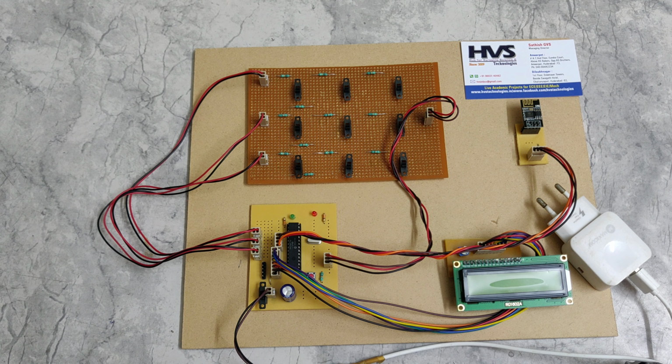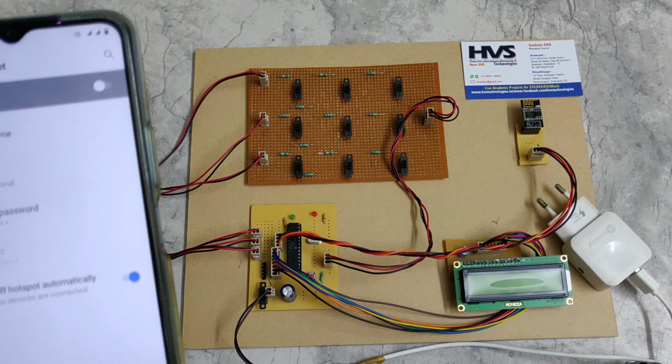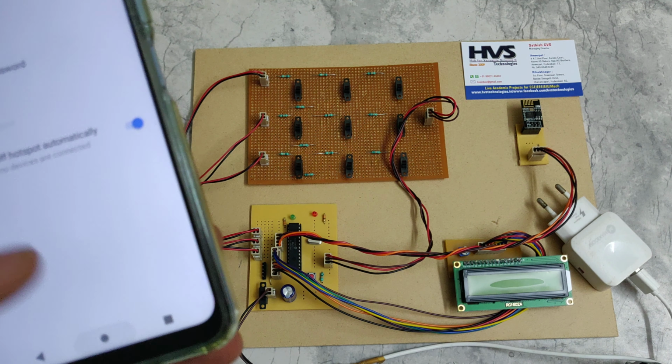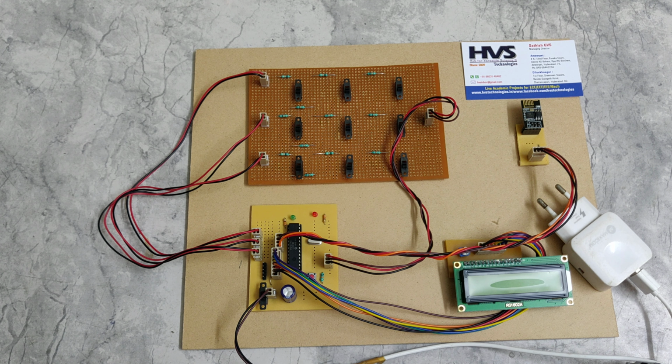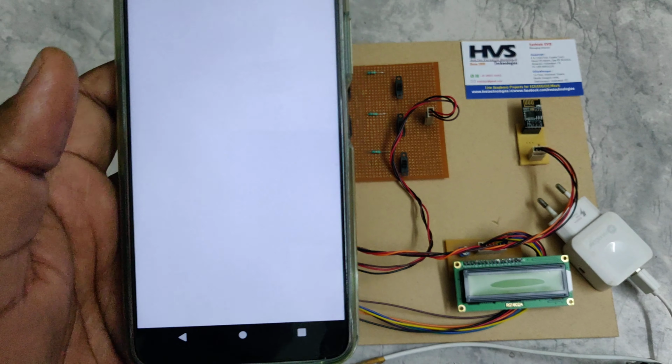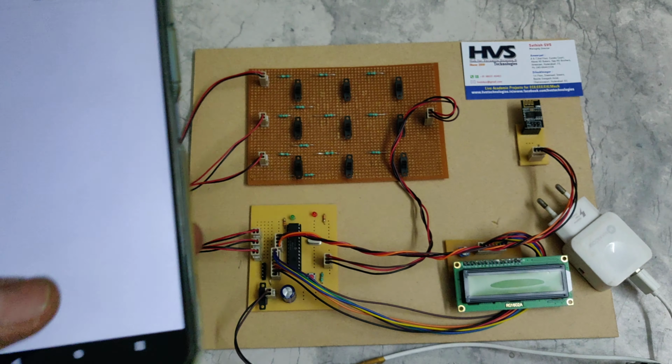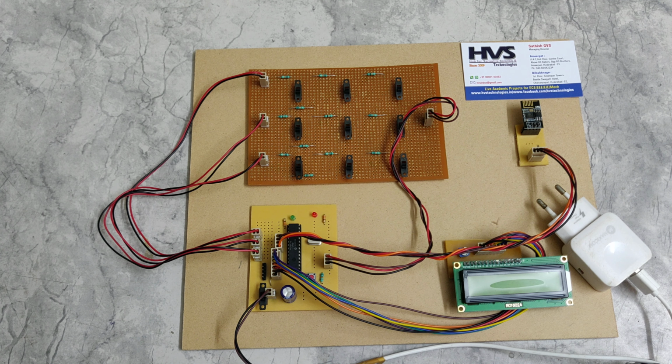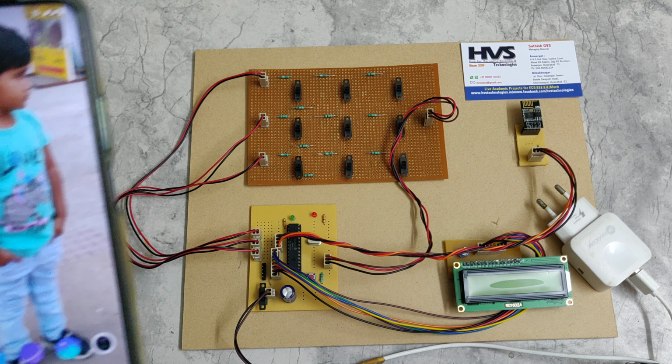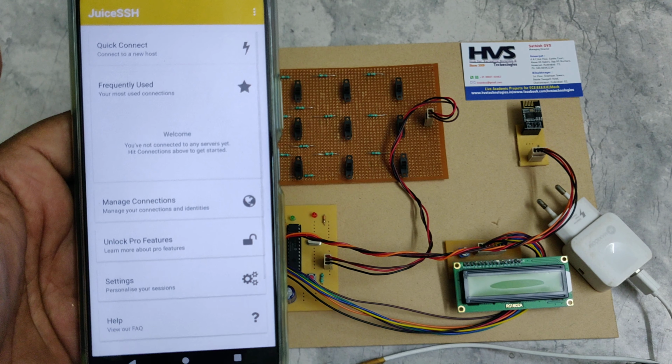Before executing this project, we need to do some initial steps. First of all, we need to install the network analyzer app. This is the network analyzer app, and we also need to install the Juice SSH app. This is the Juice SSH app.